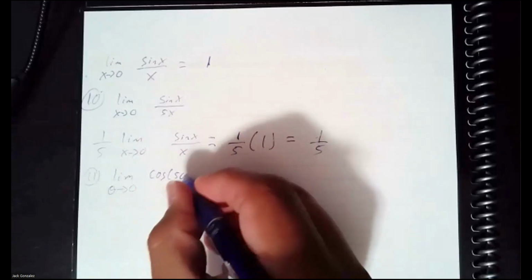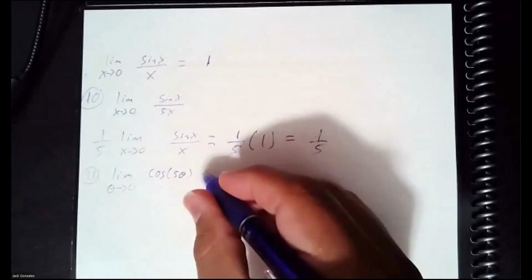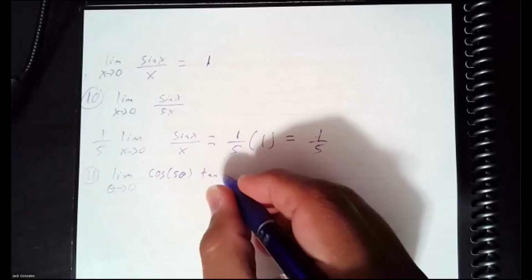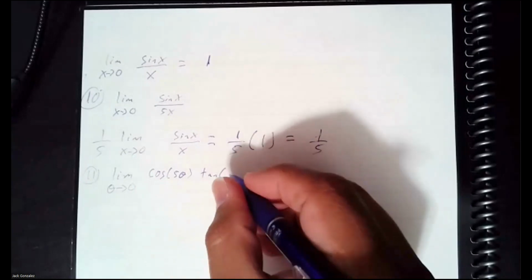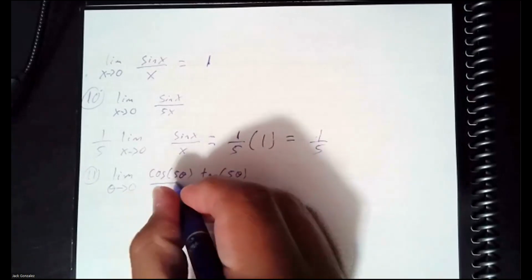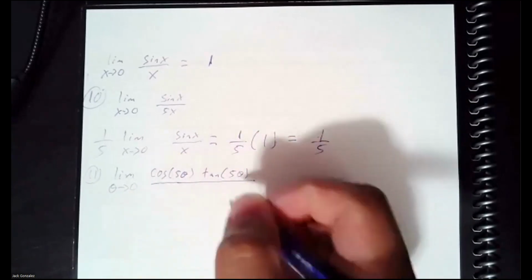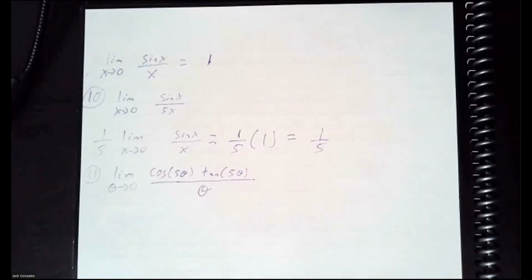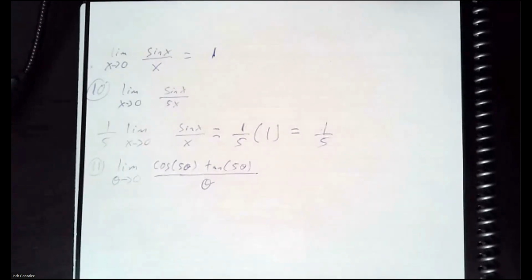Oh, that's good. This is the limit of sine of 5 theta, cosine, and tangent, divided by theta, as theta approaches 0. So do your algebra to make it look like